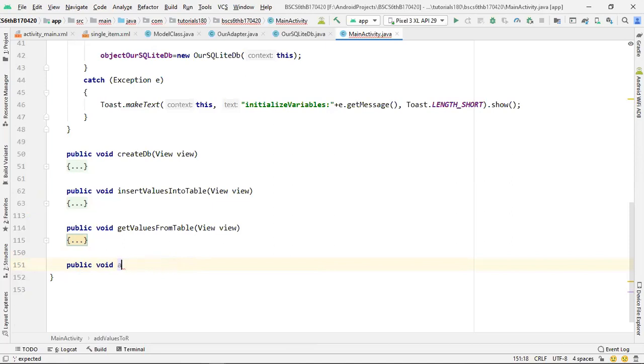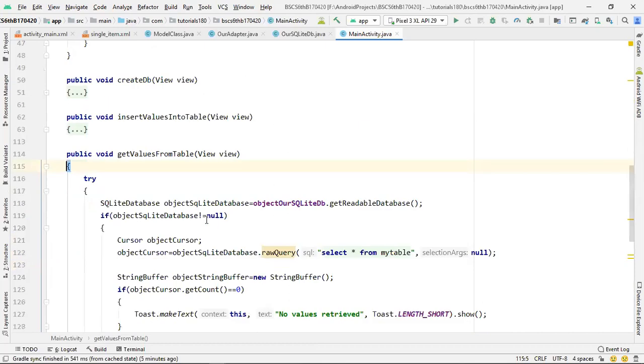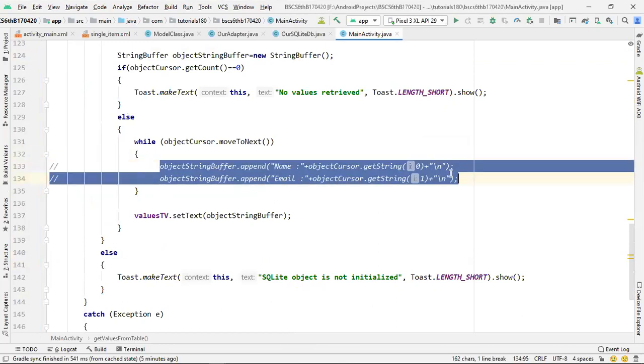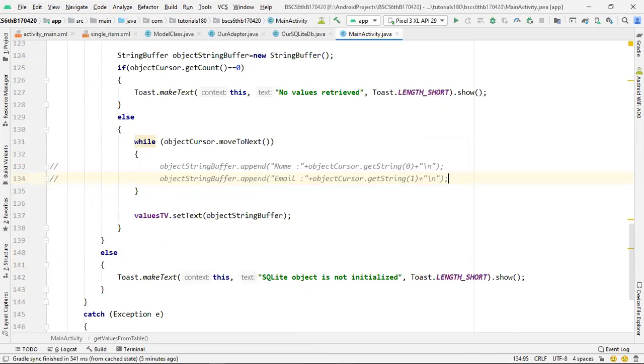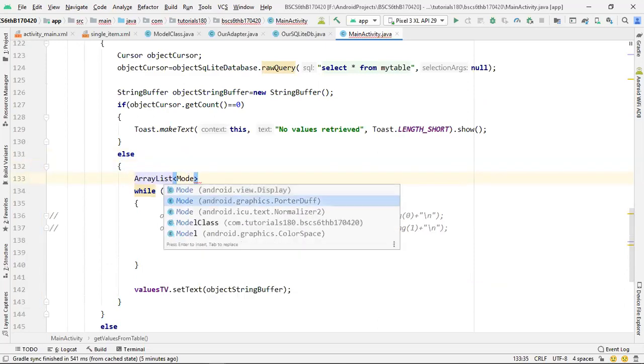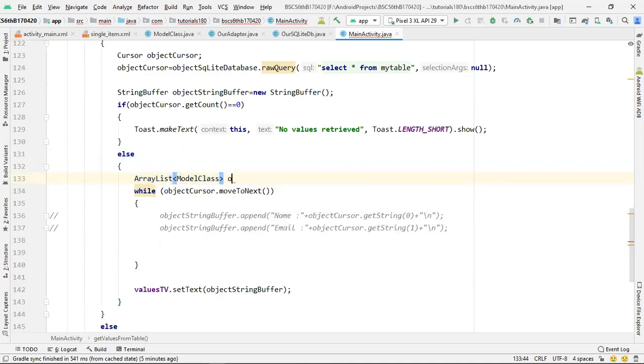Or what we can do, we can simply go inside this method, and instead of creating this whole thing, let me first comment this out. After that, here what I'm going to do is to create an array list of type model class, and I'm going to call the object array list equal to new array list.